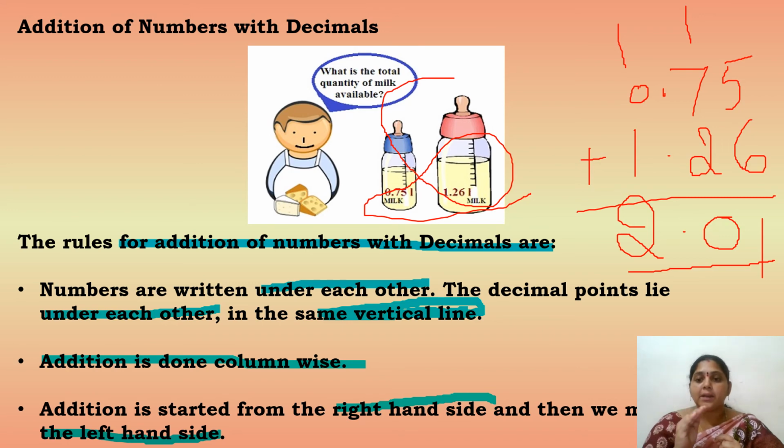You have to write in the exact place value only. No need to change the digits. The point should be in the exact place of the decimal point. Don't write here and there. You should not write 0 and 75 down. You have to write on the vertical line only. Don't write it horizontally. Okay?